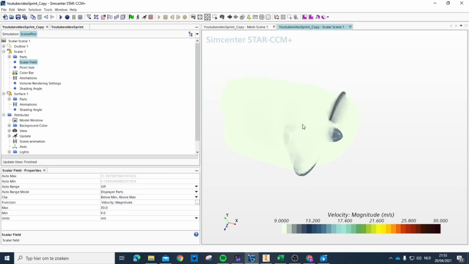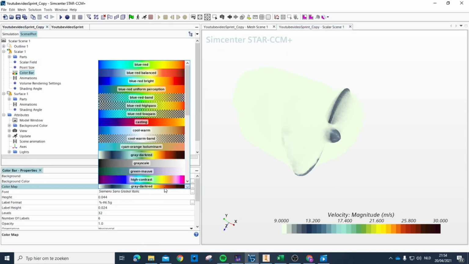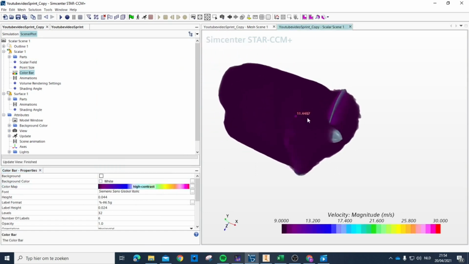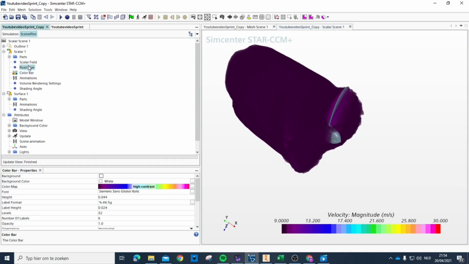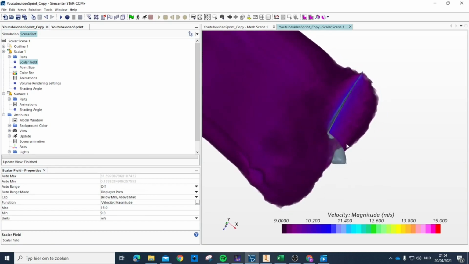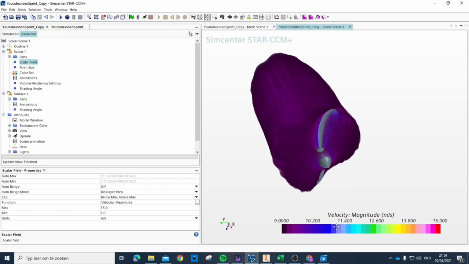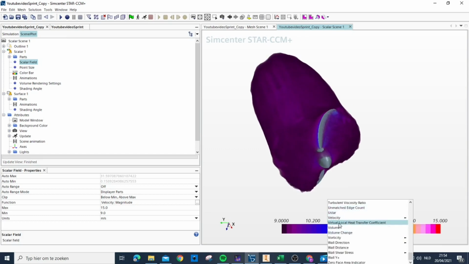That's not some good colors. I want some other colors. And make a high contrast one. Okay, and let's say it's between. So you can make some beautiful simulation fields if you use, instead of this, the